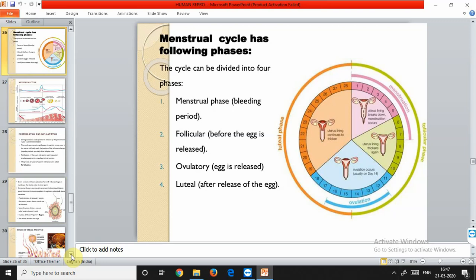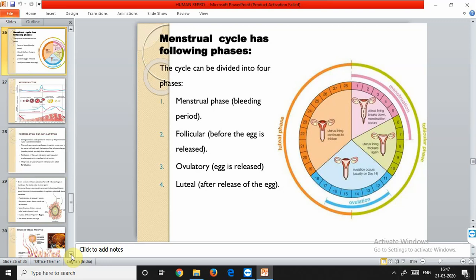The changes that occur are the decrease in the secretion of FSH and LH. Both these gonadotropins, FSH and LH, are decreased in secretion, and this decrease inhibits the maturation of follicle and ovulation. Now the uterine endometrium further proliferates, that is, it goes on dividing further, and is completely ready for the implantation process. The uterine glands secrete uterine milk for the fetus, and in the luteal phase there is also a reduction in the uterine movements.